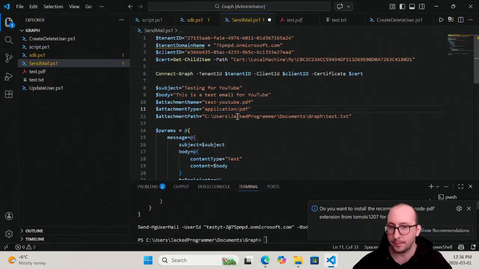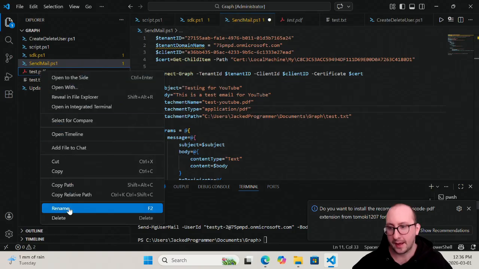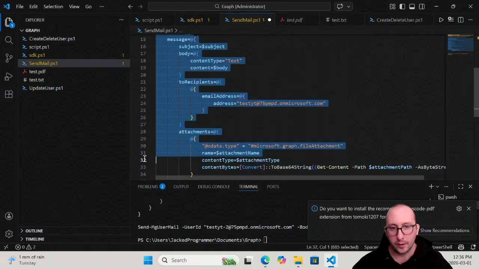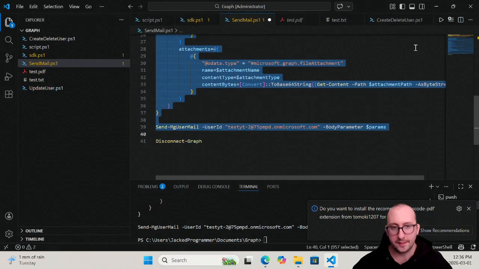Now this might be where you need to do some research to see what type the file attachment you're sending will be. But for PDF, it is application/PDF. And then our attachment path. Let's copy that path here and paste that in there. And now if we go ahead and send that over,